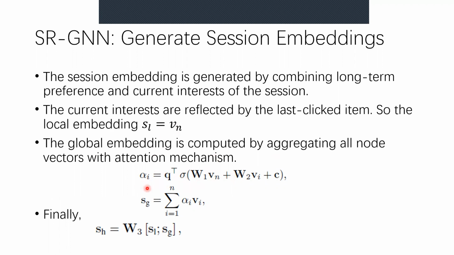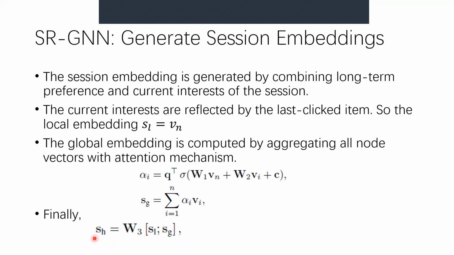Here alpha I is the attention score, and Q, W1, W2, and C are all learnable parameters. Once they have the attention score, they do the weighted sum to get the global embedding SG, and they concatenate SL and SG and do a linear transformation to get the final